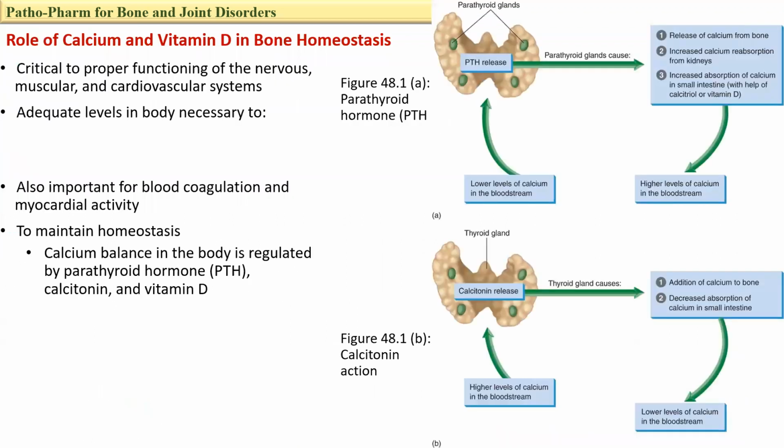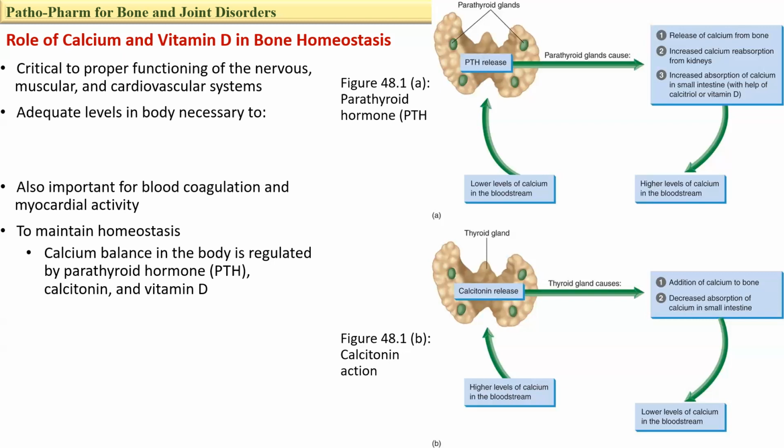So the chapter begins with the role of calcium and vitamin D in bone homeostasis, which we have covered in different sections of the endocrine system. We went over the mechanism of how the parathyroid hormone, PTH, controls the calcium level. When the patient develops hypocalcemia, the parathyroid gland is stimulated to produce more PTH to control the hypocalcemia by pulling some of the calcium from the bone,